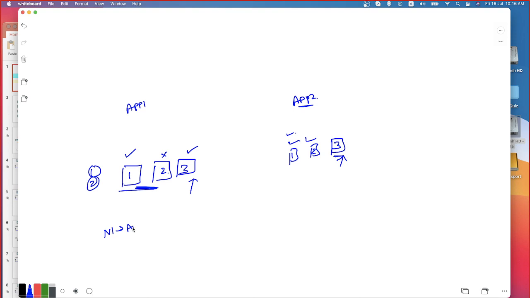Now what I do is, I have a node 1, and I have installed application 1 on it. Node 2, I have installed application 1 on it. And then node 3, application 1 installed on it, so that I can call it an app. Am I audible, guys, for you?